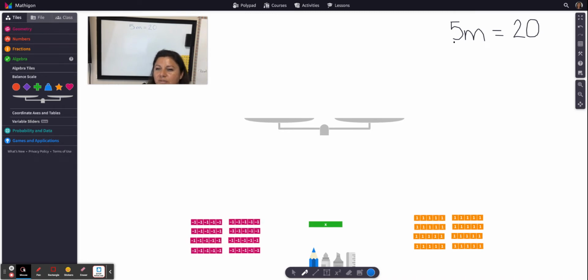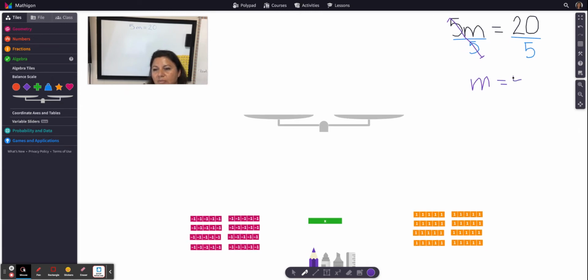We often show division by creating a fraction, right? We're going to say 5m divided by 5. And properties of equality say whatever I do to one side, I must do to the other. Well, we know that 5 divided by 5 is 1. And 1m is m, which means that that's equal to whatever 20 divided by 5 is, which happens to be